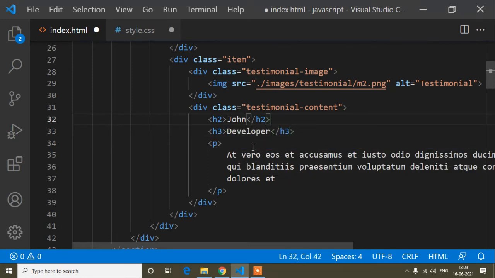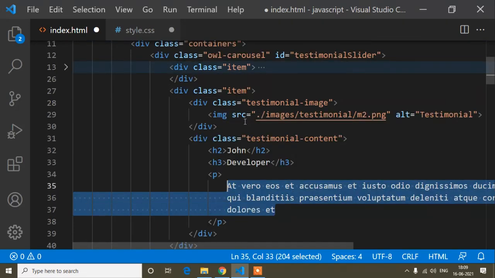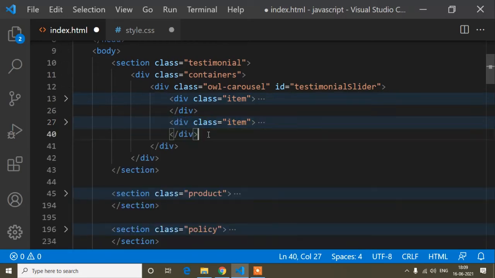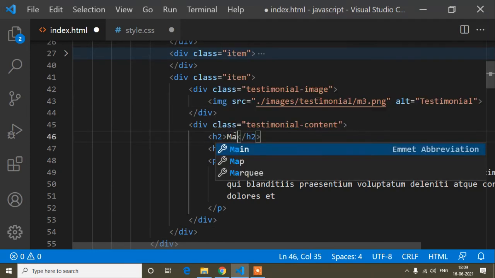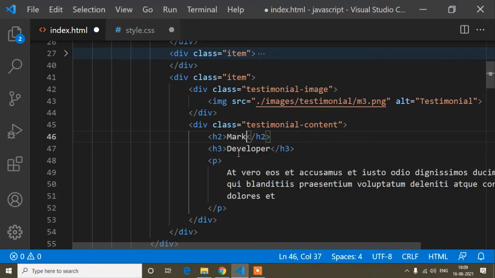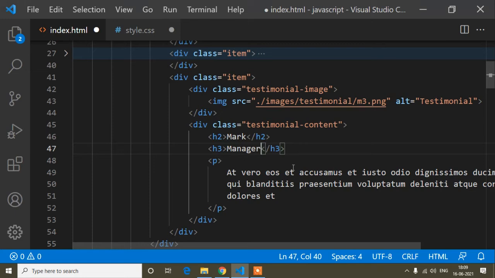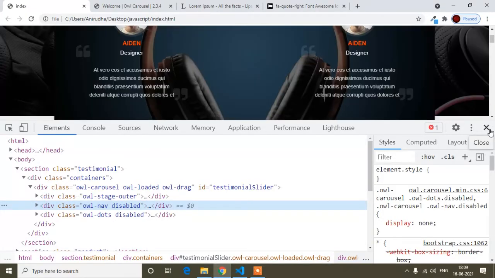The content will be the same; you can write different content from lorem ipsum free dummy text, or if you have other content you can use that. And here I will change the name to 3, this one I will change to Mark, and the designation I will write manager, and the content will be the same. So now it's 3 items and 3 unique images, 3 unique names.